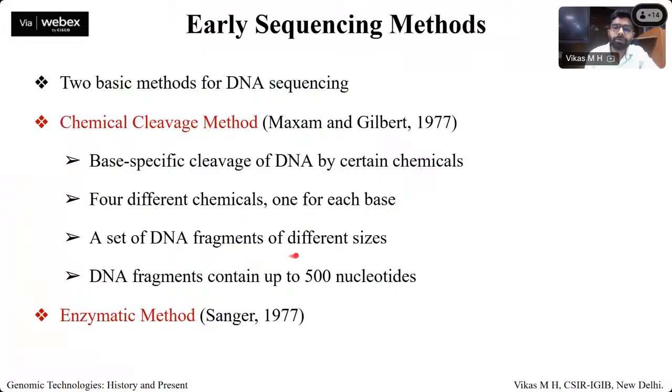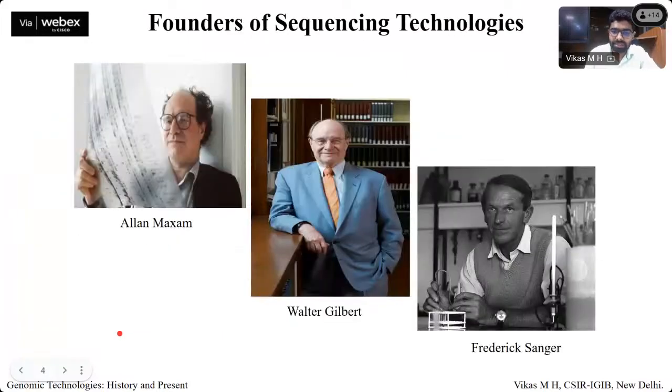You need to keep doing it again and again. For about 500 nucleotides, you need to do the reaction 500 times, into four, so you can imagine that's a very tedious process. Simultaneously, another method involving an enzyme was developed by Sanger. Maxim and Gilbert developed the chemical method, and Frederick Sanger developed the enzymatic method of Sanger sequencing,